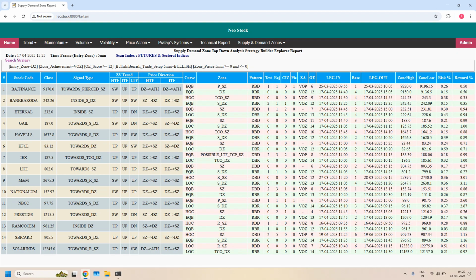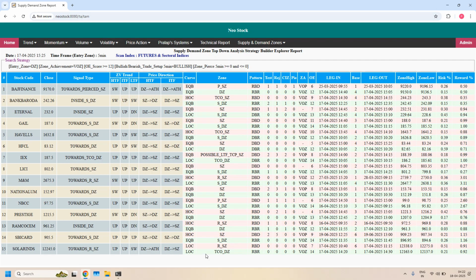Okay. All these 15 stocks are supporting bullish trade setup for hourly income trade. And entry time frame zones are 5 minutes demand zones. All these are entry time frame zones. Total we got 15 stocks. Out of these 15 5 minutes demand zones, how many are having even more high probability to get success? That we will filter based on the